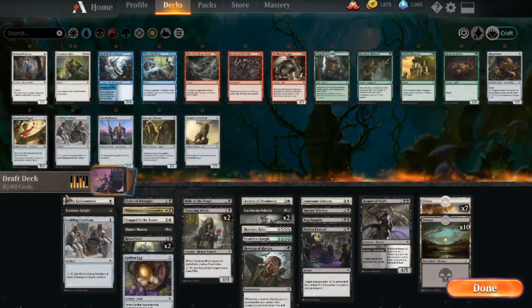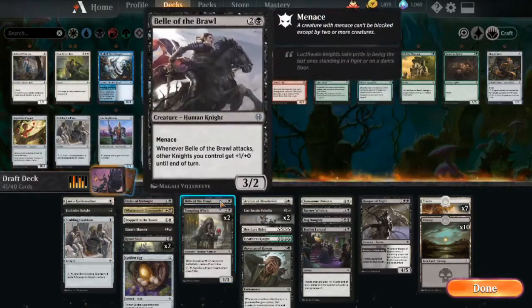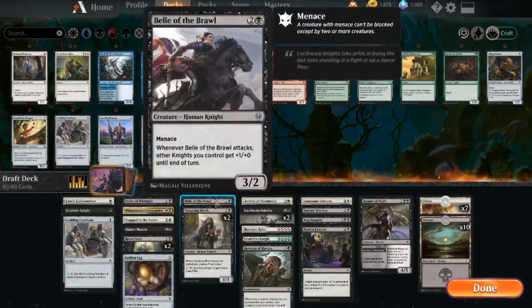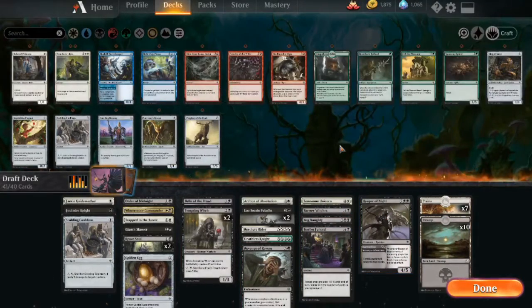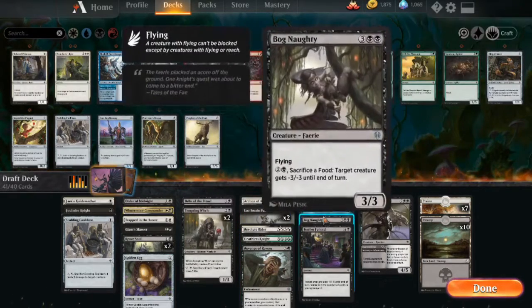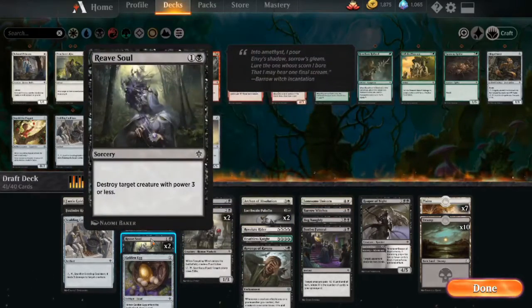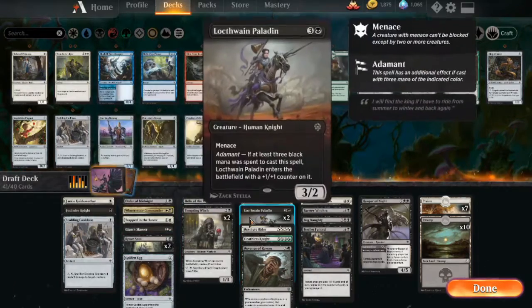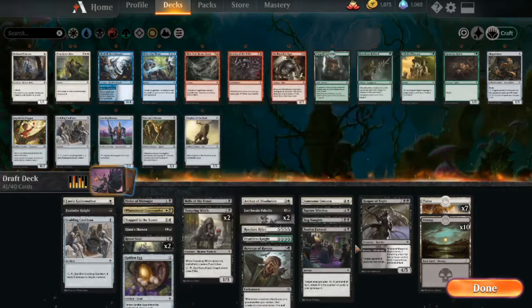I wonder if our deck is aggressive enough for Fairy Guide Mother. Maybe it's just not that good and this kind of slow... I don't know. I guess it's not the slowest deck. It's got Bell of the Brawl. Maybe you can push through a bunch of damage. Maybe go down... Barrow Witches, perhaps? I don't know, I've got a lot of knights. Barrow Witches probably pretty alright. I guess I'll go down...